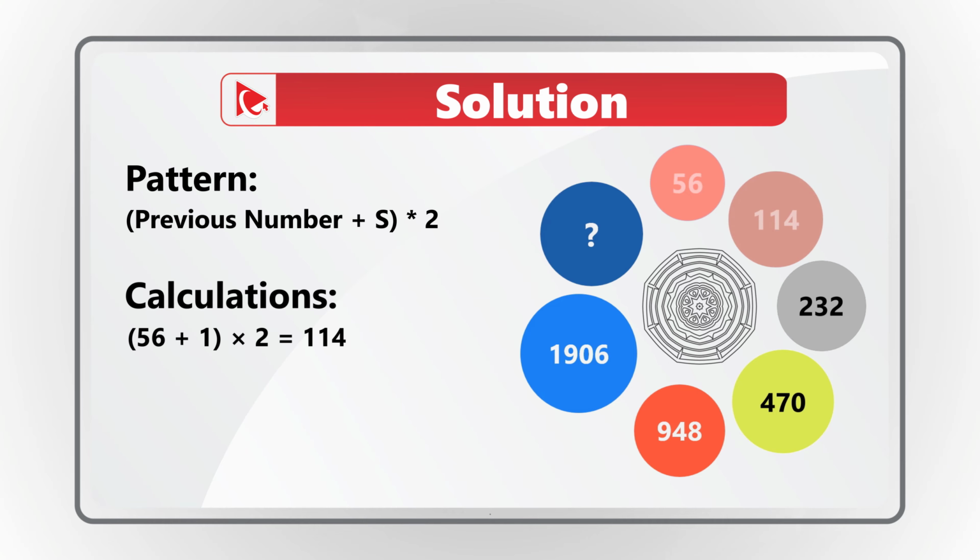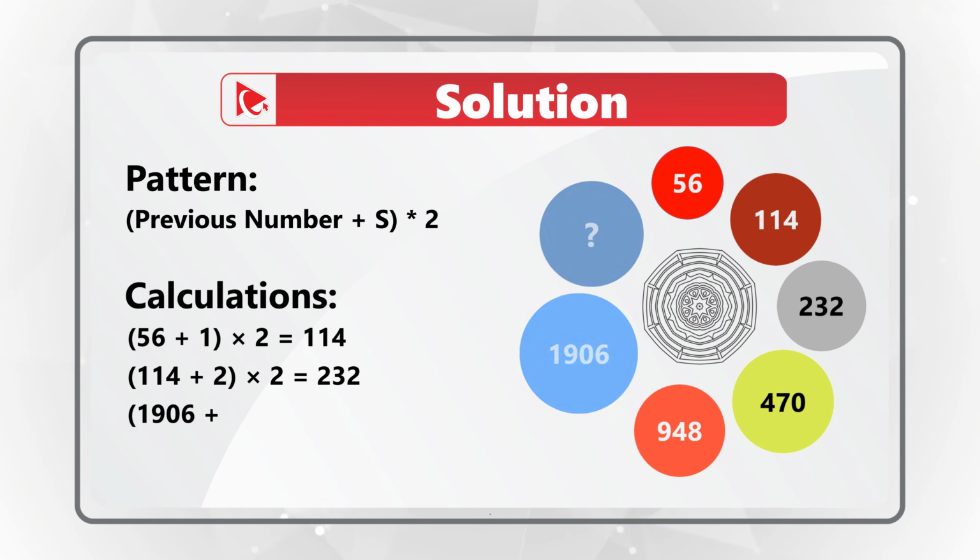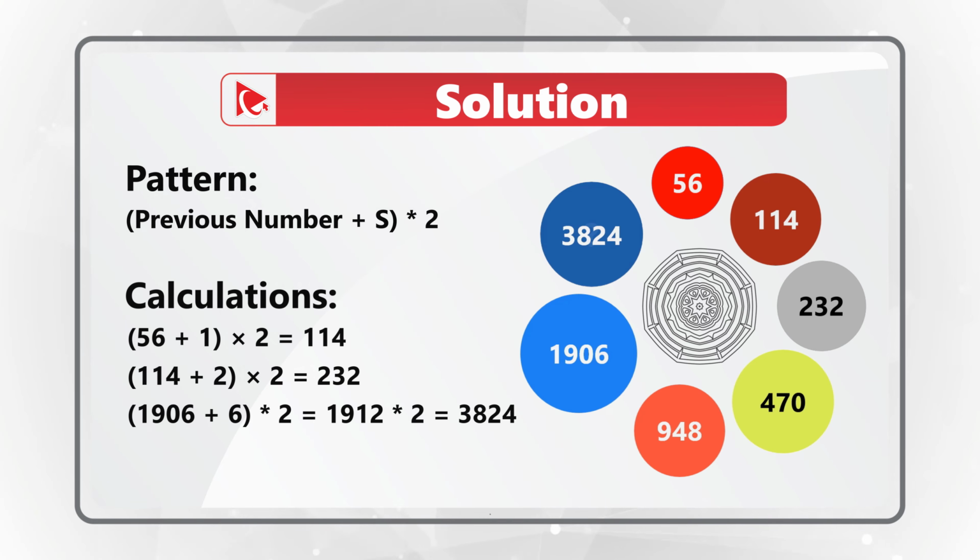114. Let's do the same thing to number 114. 114 plus 2 multiplied by 2 equals 116 multiplied by 2, which is 232. So our final number, 1906 plus 6, which is the sequence number, multiplied by 2 equals 1912 multiplied by 2, which equals